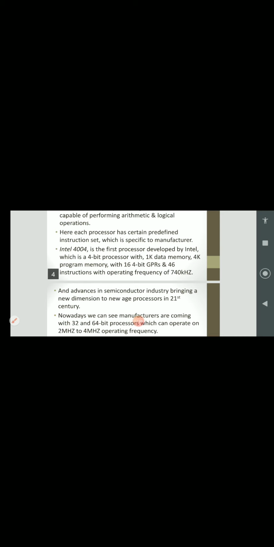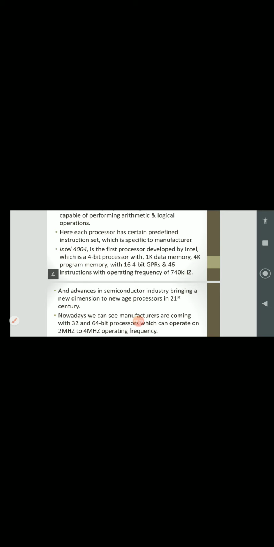So this Intel 4004 is a 4-bit data processor with 1K data memory, that is 1 kilobyte of data memory, and 4K means 4 kilobytes of program memory, with 16 4-bit general purpose registers, and 46 instructions, operating at a frequency of 740 kilohertz.